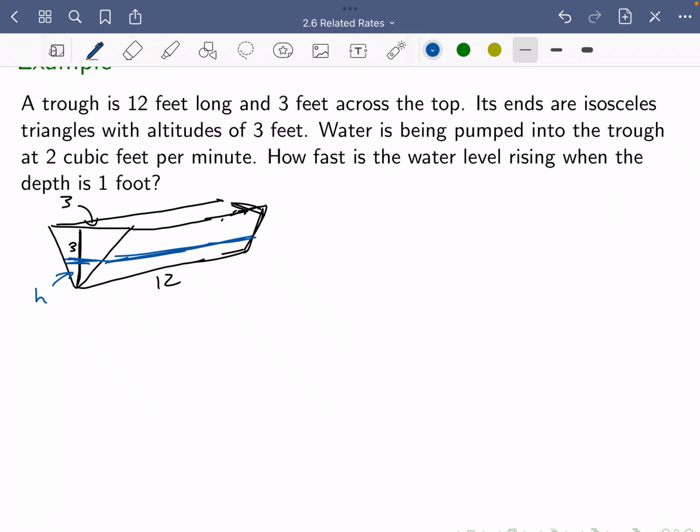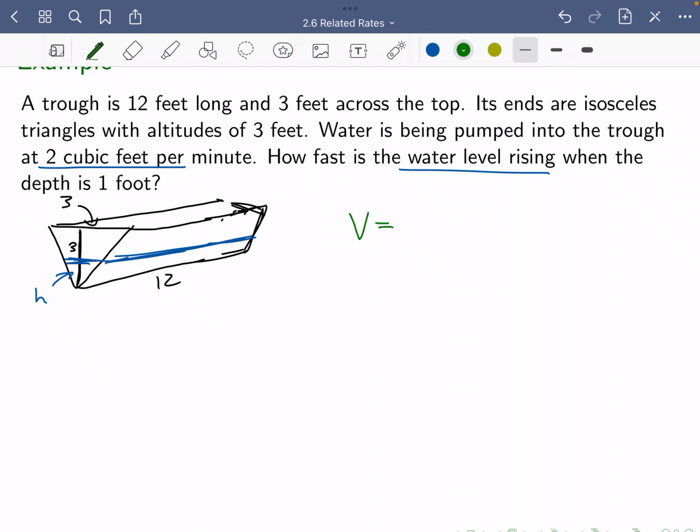And so we want to know how fast the water level is rising. And we know it's being pumped in at 2 cubic feet per minute. So that is a volume. So what relates our volume? The volume of water is going to be,